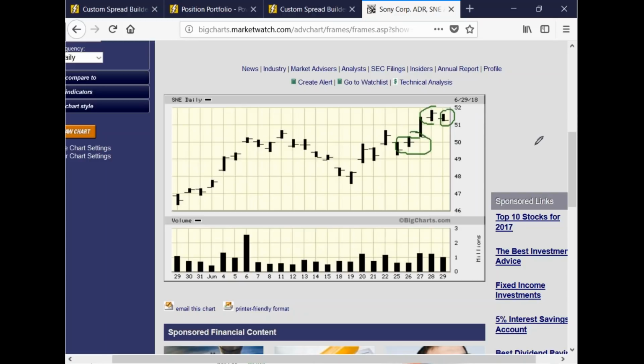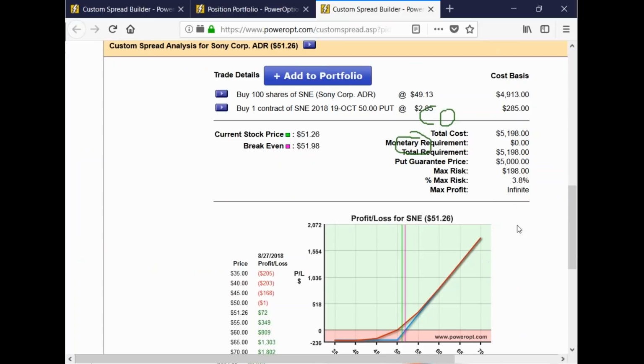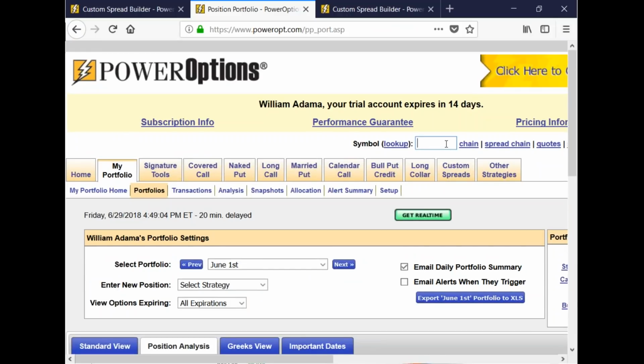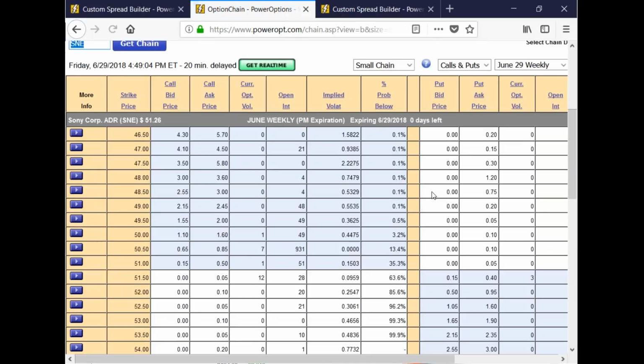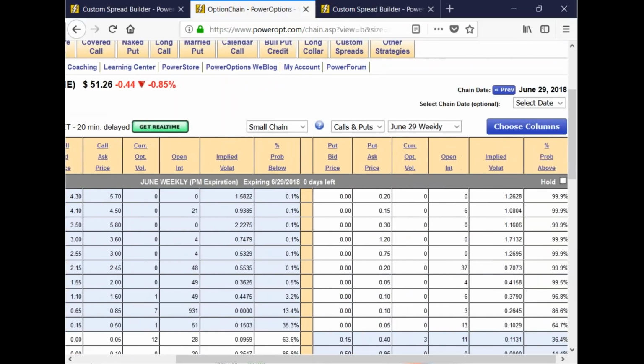All right, so where am I going with all this? Let's go back in time 2 days. We know our position. We have a 3.8% risk. The stock is above our put. We got the stock at 49.13, and then we saw some movement upwards, a little hiccup, but then by 626 we were trading right at $50. Okay, so why is this important? Because we want to compare the two potentials.